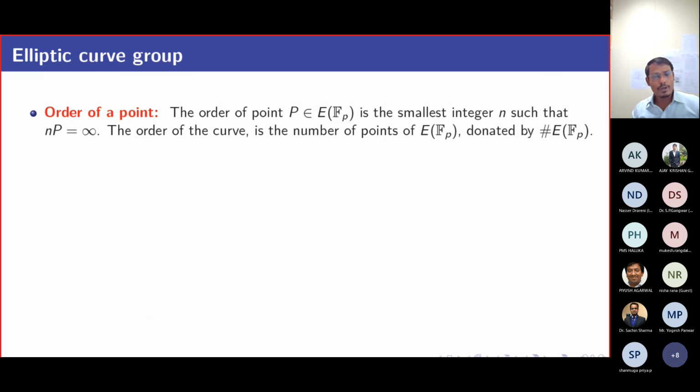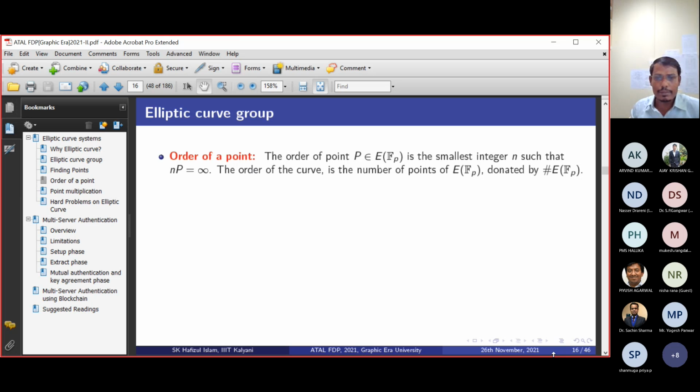So now we will define the order of a point. Please try to understand the mathematics behind this. Suppose we take a set Z5. The order of this group, the number of elements, is 5. But what is the order of a particular element? Suppose A is an element from this set. What is the order of 2? What is the order of 4? That is called the order of an element of a group.